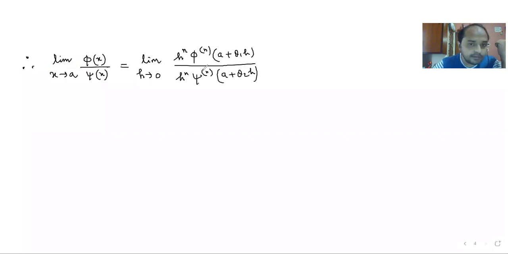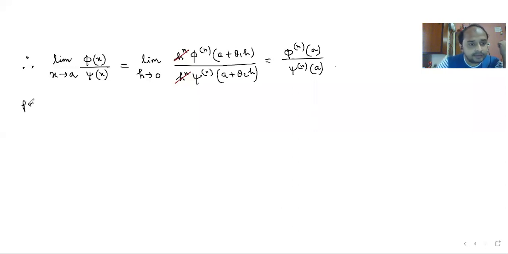And this h to the power n and this h to the power n will cancel each other. Okay, and we are going to put the value of h, and we'll get phi n a by psi n a,